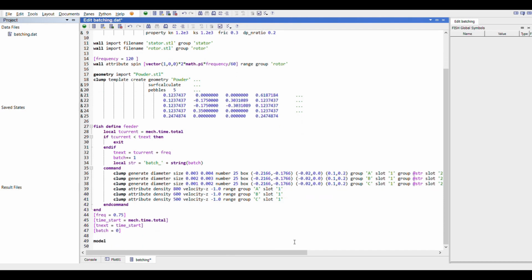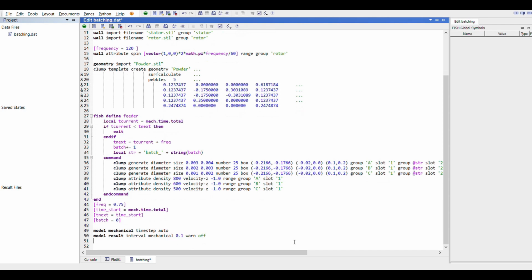After that we will assign automatic time step, but we want to produce the results file. Pictures and images of the model can be exported at regular interval. We will issue that command model result, and we will provide an interval of 0.1. That means at each 0.1 second a result file will be generated, which can be loaded at a later stage to generate images, create a video of the simulation. So we will use clump result. If it is active on, that means the result of that particular object will be stored in that result file.